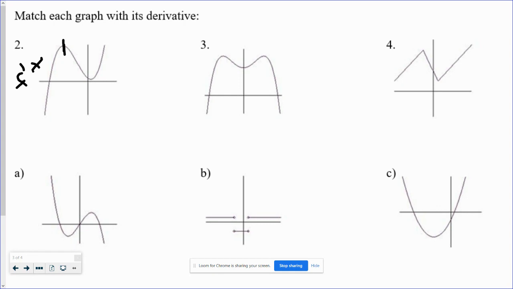Then we start decreasing until around here. So that means our first derivative should be negative. Then we start increasing again, so our first derivative should become positive again. So we need a function that's going to go positive, negative, positive for the derivative. Notice that that happens with b and c. So let's talk through a couple other things. Notice that this graph,